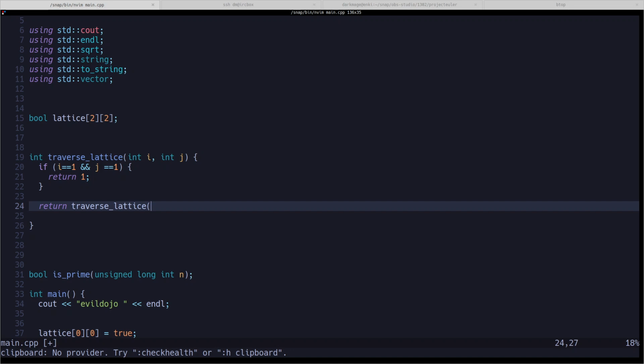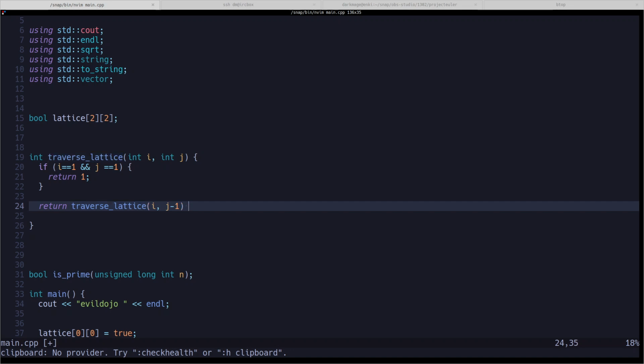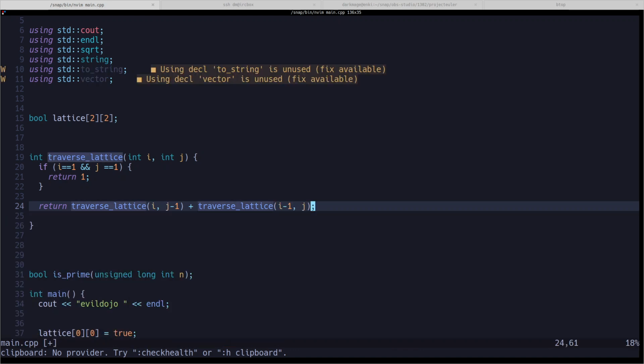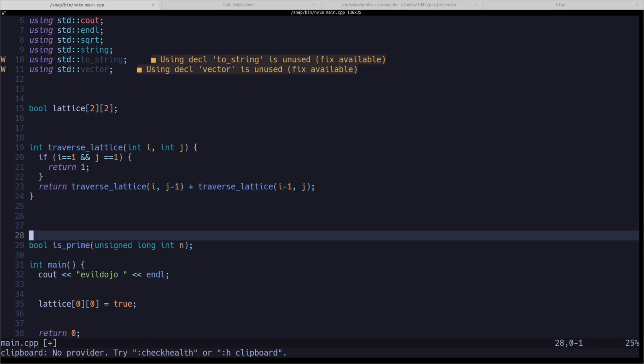So if we plug in i and we want to move right, that's going to be column minus 1. And we're also going to want to return moving down 1. So in this case, if we start from 0, 0,